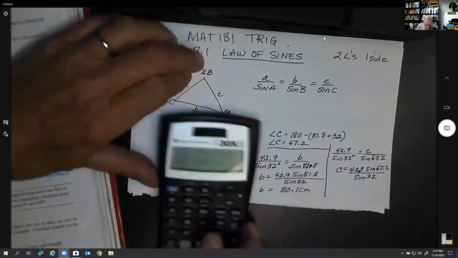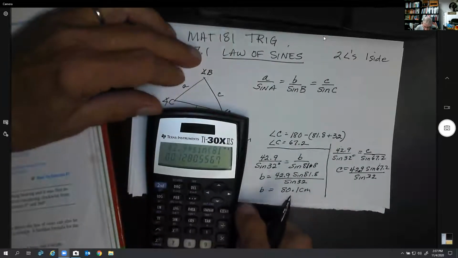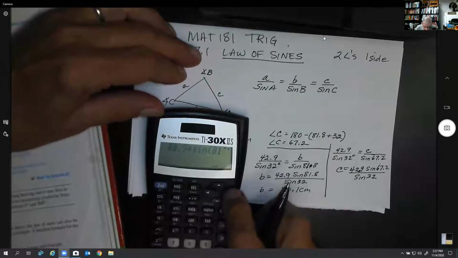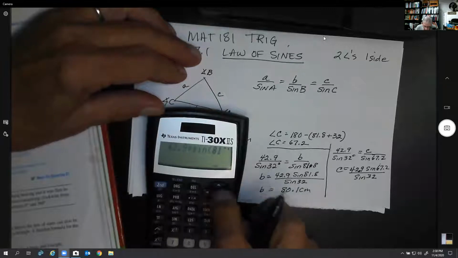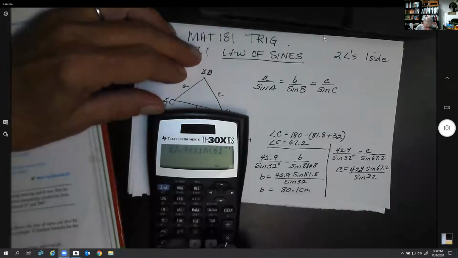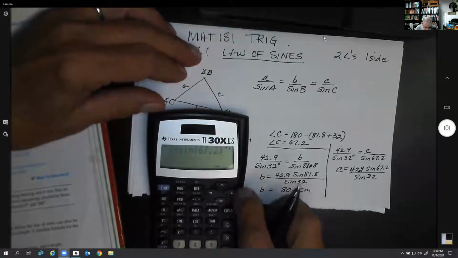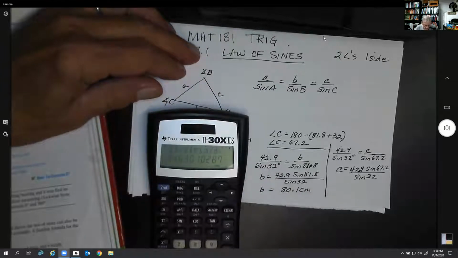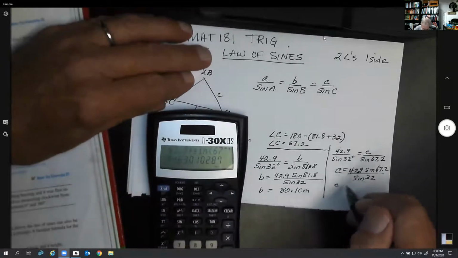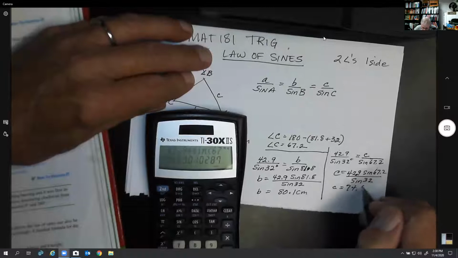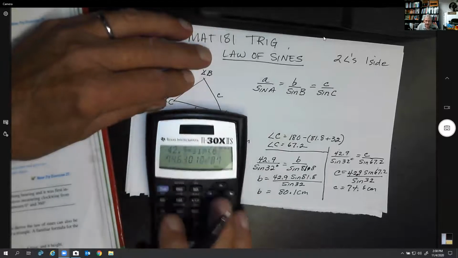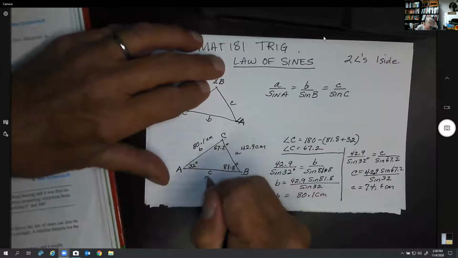Kind of a fun thing to do. I have in my calculator, I've got the 42.9. All I've got to do is change this angle right here to 67.2. I've got my parentheses, and I'm dividing by sine of 32. So all this was basically in my calculator. I'm just going to hit equal. And now I got side C is 74.6 centimeters. And I'm not going to round up because it's 3 behind the 6. So 74.6